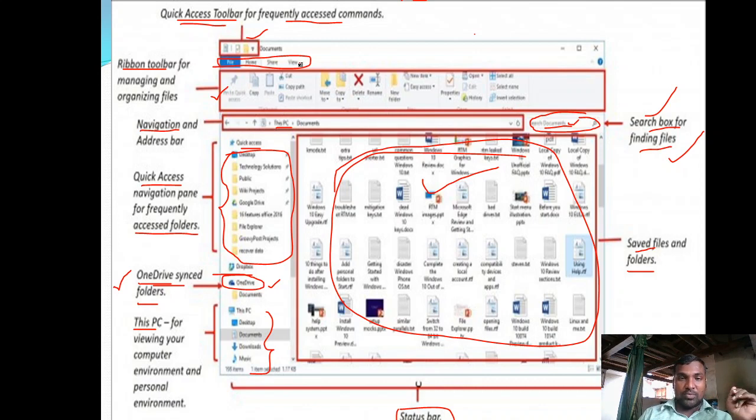So this is the menu bar, and this is the quick access toolbar, and this is the ribbon tool, and this is the navigation and search box, address bar, and this is the search bar, and this is the area where the user is going to create several files and folders, and this is the status bar, and this is the This PC item, and this is the OneDrive synced folder, and this is the quick access pane, right? So these are the several main components that are displayed in the file explorer window.